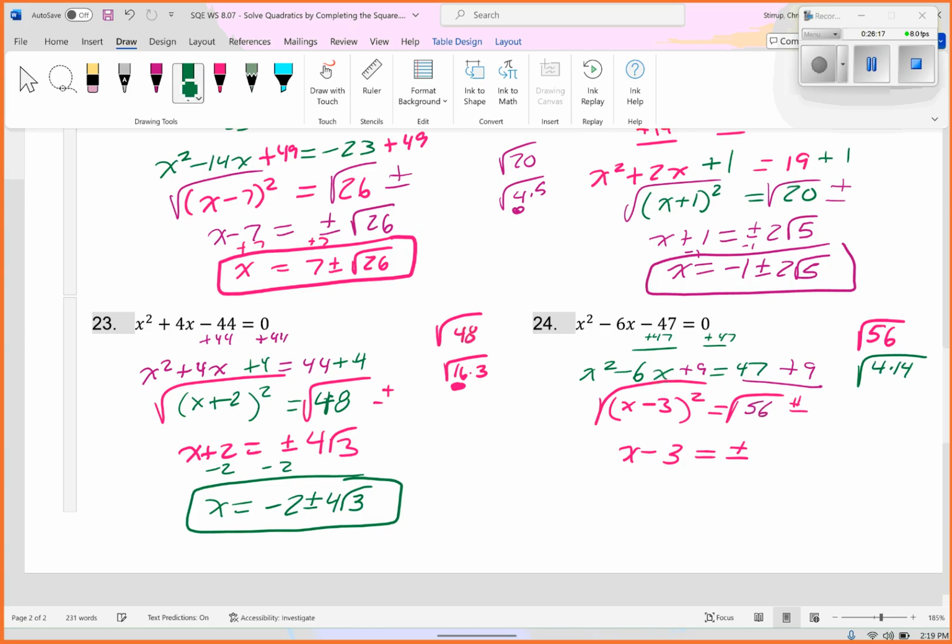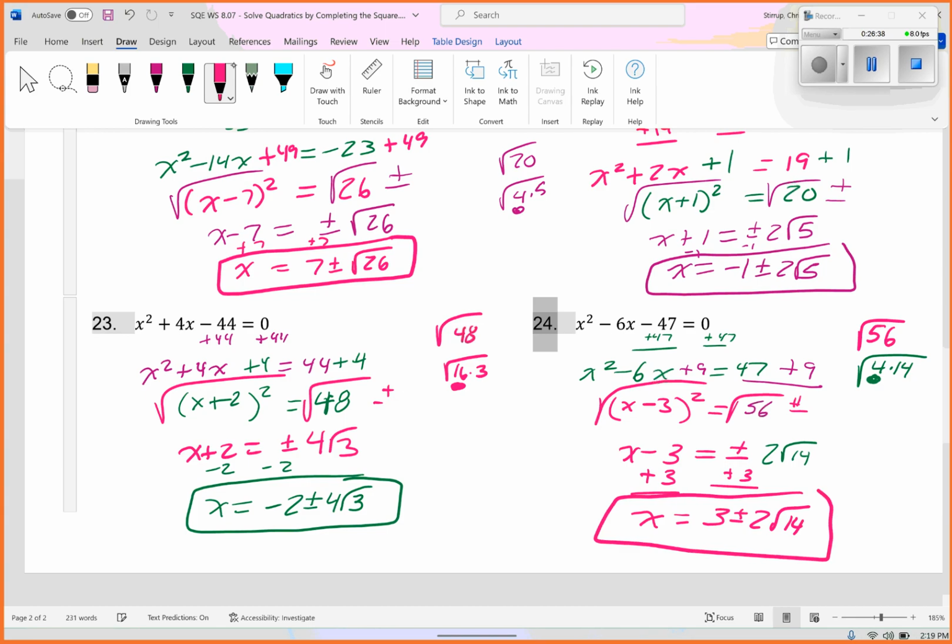Cool. All right, square root of 4. Y'all shout out. 2. So I get 2 root 14. Agree? And the very last step, shout out. Add 3. There it is. Friends,